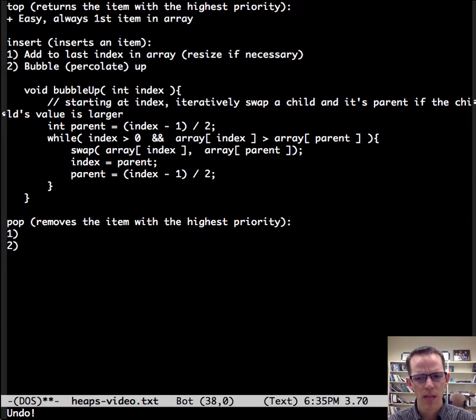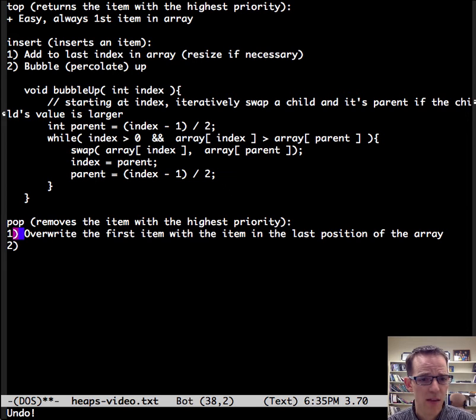Finding and removing the item with the highest priority is easy, but fixing the heap is going to take a little bit more effort. So step 1, we're going to overwrite the first item with the item from the last position of the array. We're going to take what's in the last position of the array and put it in the first position. Well, that's easy, but we've